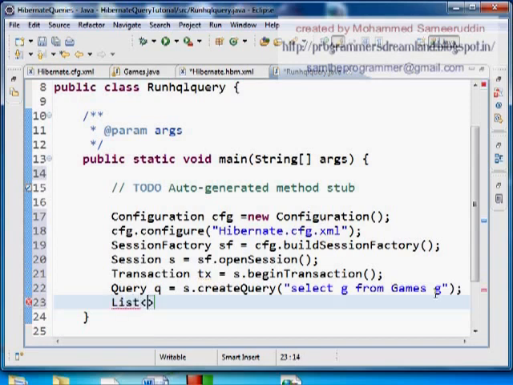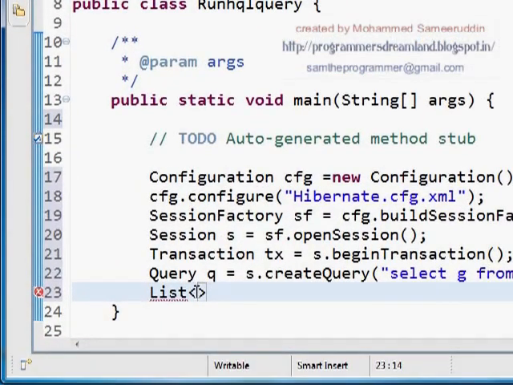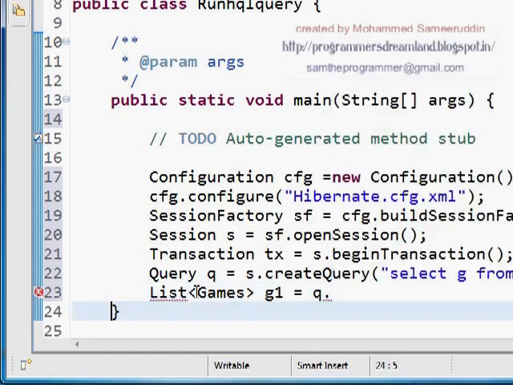Now the query object is going to generate data for me which is of the Games object, right? See here, I'm selecting the Games object, so it has to generate data which is of type Games. So list of Games. Alright, so it's going to generate the list of Games objects for me. Let's call it g1 equals, and as I said, the query object gives me the list of the selected data, or the result, or the values which I'm going to get. So I have to use the query object, and there I have